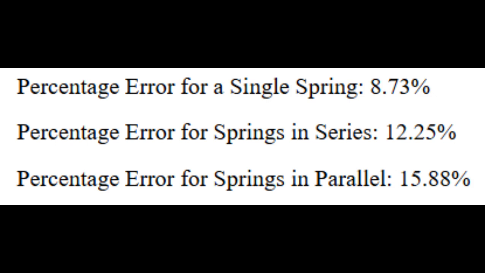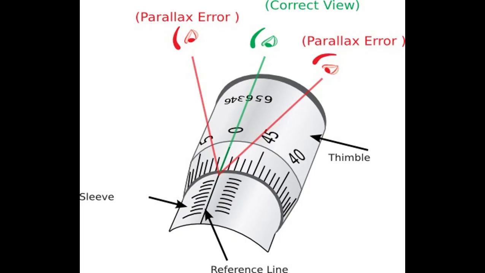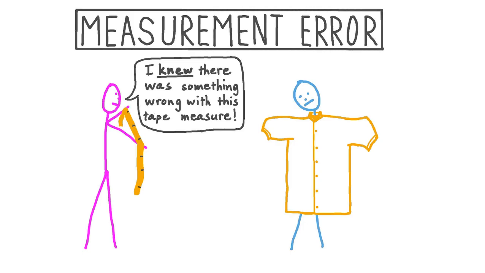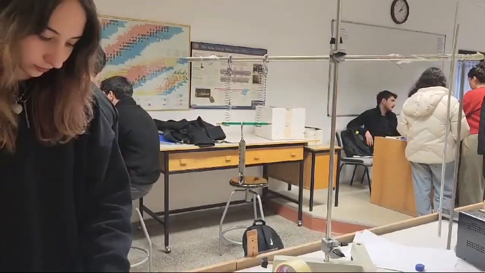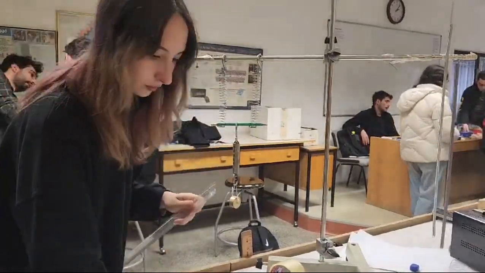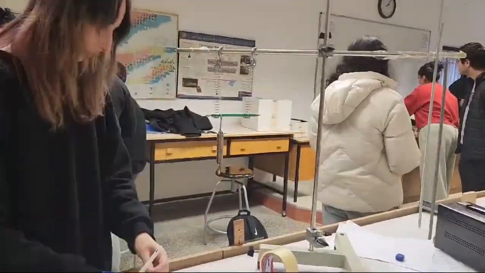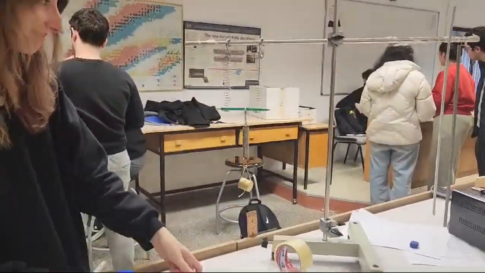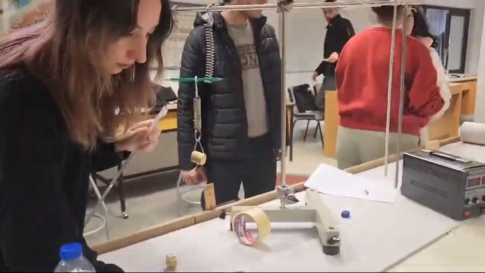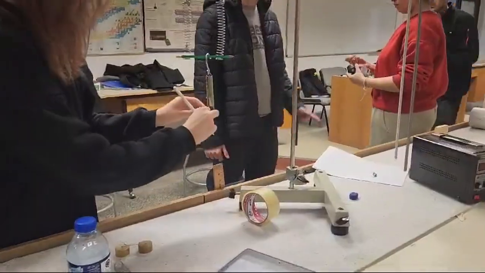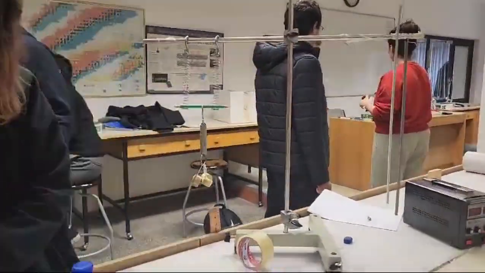The reason for these errors might be due to human errors, such as parallax and measurement errors, and errors caused by materials and setup. Also, in this experiment, I considered G as 9.8 meters per second square, which might not be the accurate value, and this might have caused an error. To reduce these errors, more precise measurement tools can be used, and the springs can be aligned properly to avoid